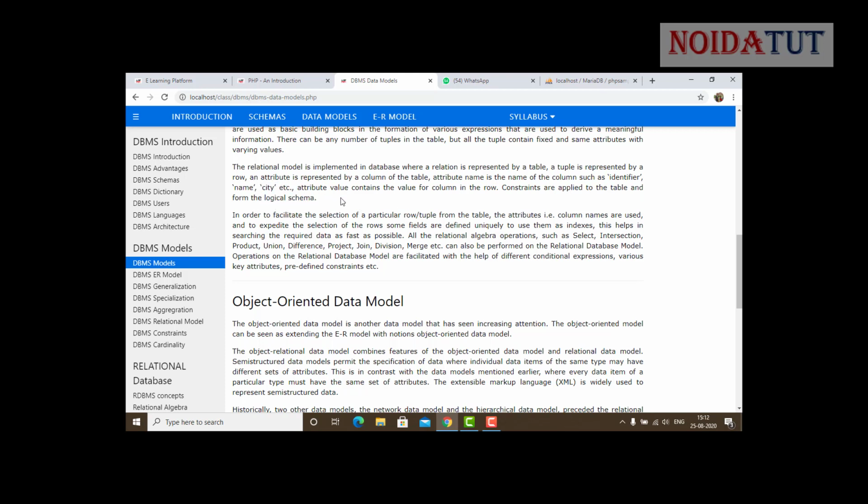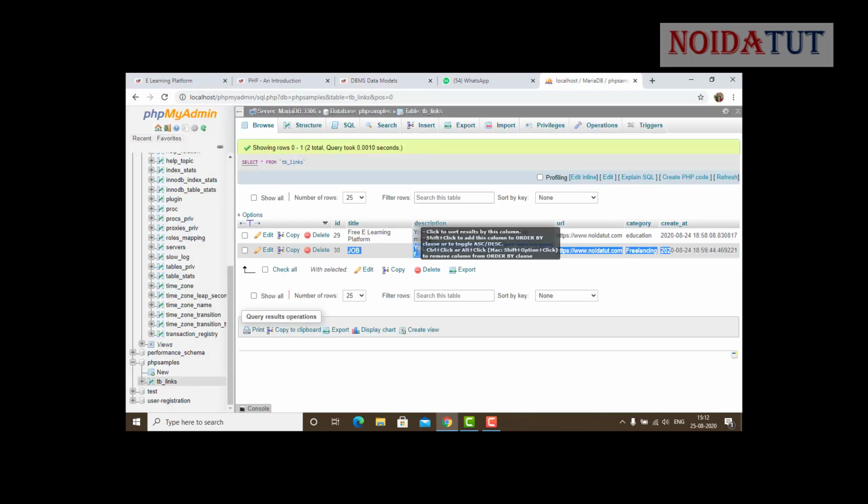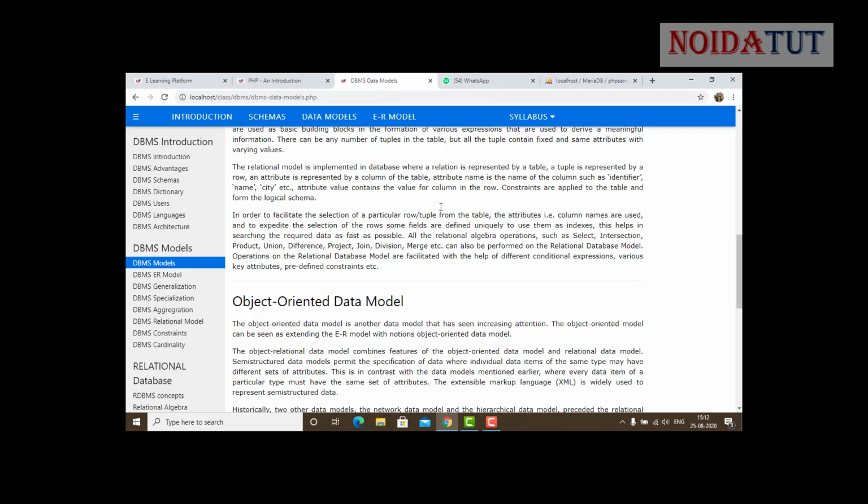Schema means the design. So this is the design of the database. In this, the name of the database is tb underscore links, and in it we can have several tables. Inside the table, we need to decide what should be there: ID should be there, title should be there, description should be there. In another table, we should have different things, such as name, roll number, email ID. So that is another table, which has a different schema. Combining all these things is referred to as the design of the database.